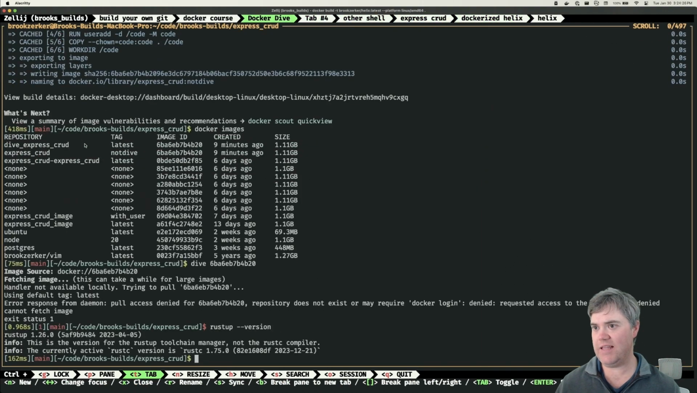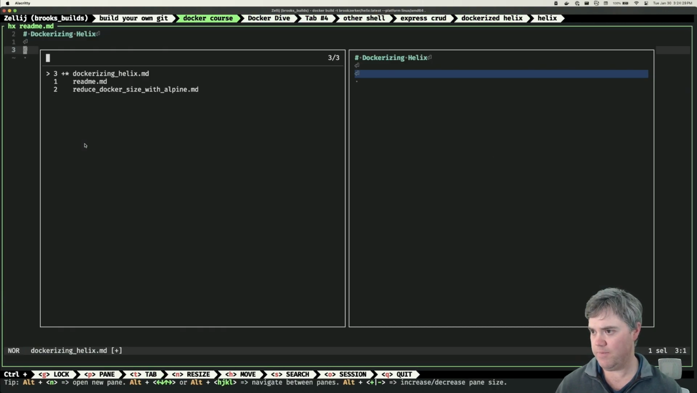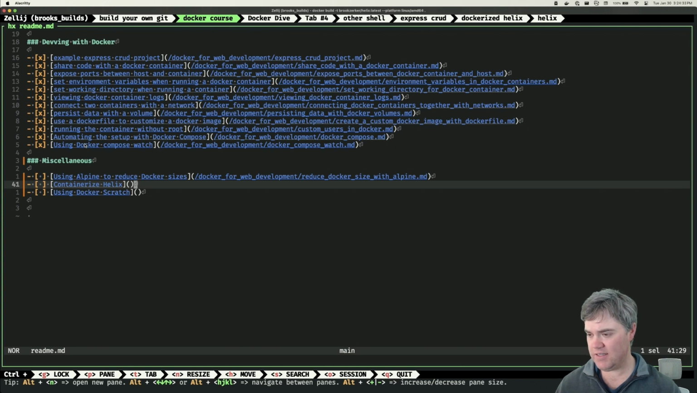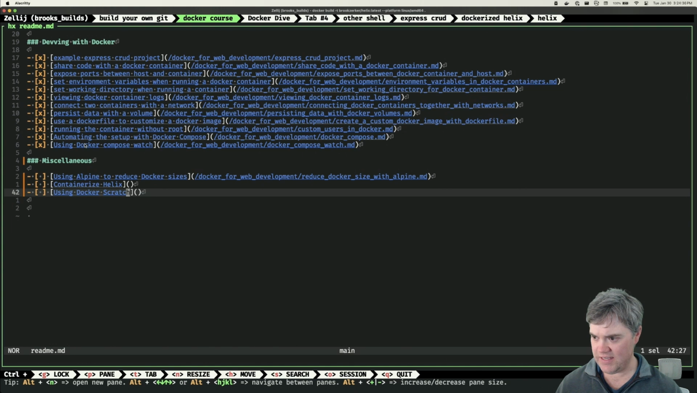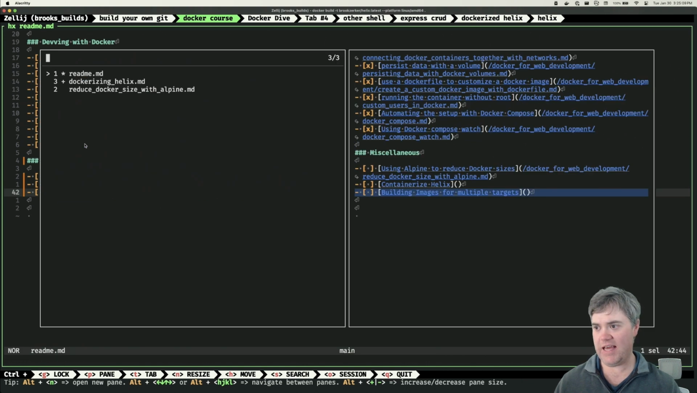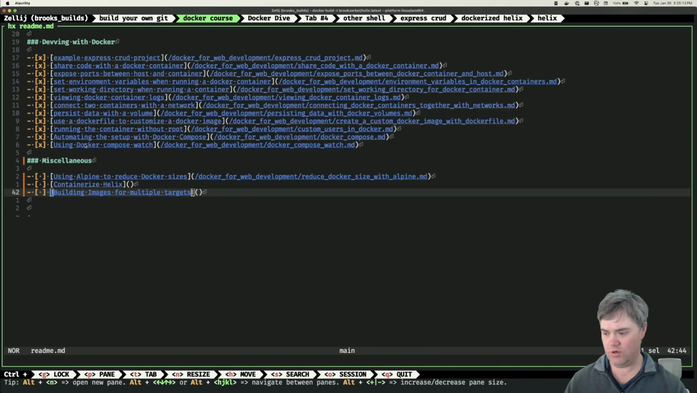So I think though that what we need to do. Okay, so containerize Helix. I don't think doing a thing on this is going to be helpful. But what we probably need to do is building images for cross, I guess like building images for multiple operating systems, targets, because that is something that hits me every once in a while. Okay, so